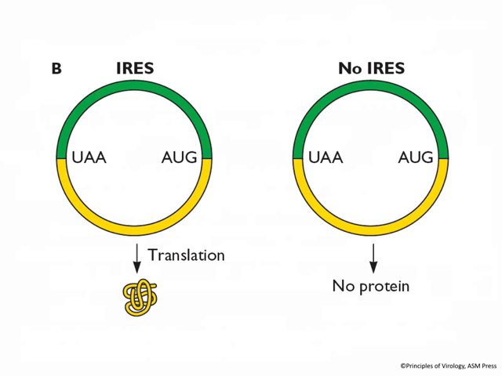Many viruses have now been shown to have internal ribosome entry sites, and they're present in cellular mRNAs as well. And they're highly useful in research. If you want to make one mRNA that encodes two proteins, you put an IRES in between them, and you get efficient translation of both. This is used very, very often, and one of the viral IRESes that's used is related to poliovirus.